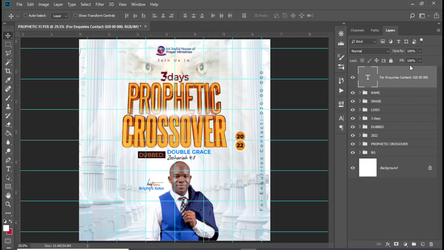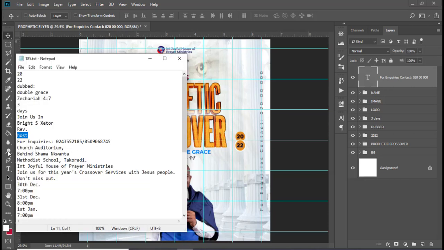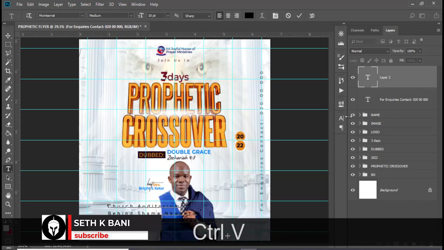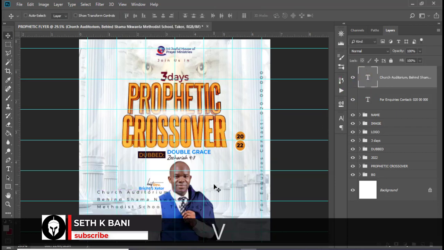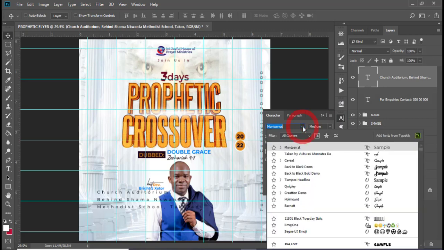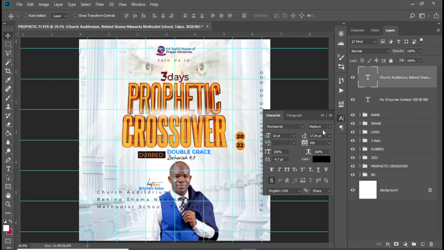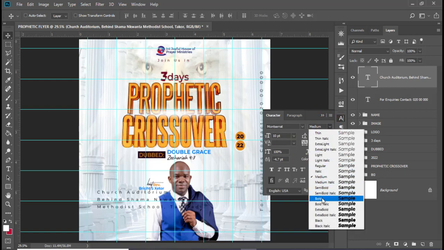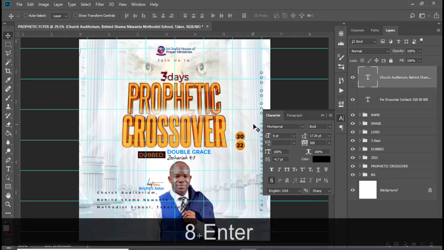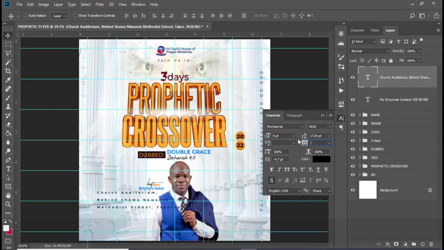And then we also need to bring in our location somewhere here and some few details here. So the location, I'm going to pick this all the way to here, and I'm going to type here. Let's drag it somewhere here. Open our character. How are we going to work on this? Let's use Montserrat again. Let's use bold here. Let's set here to, let's say 8. Okay, and then here to -20,